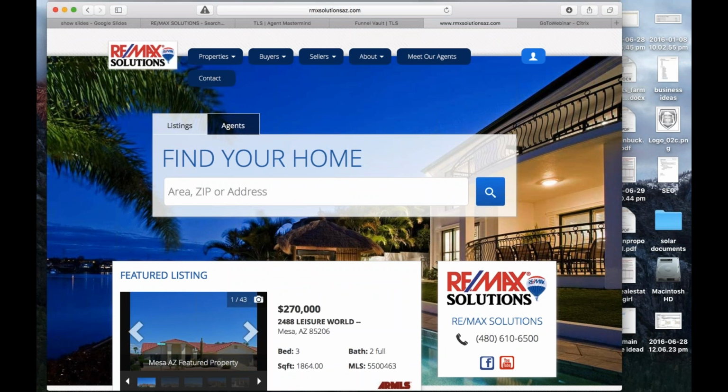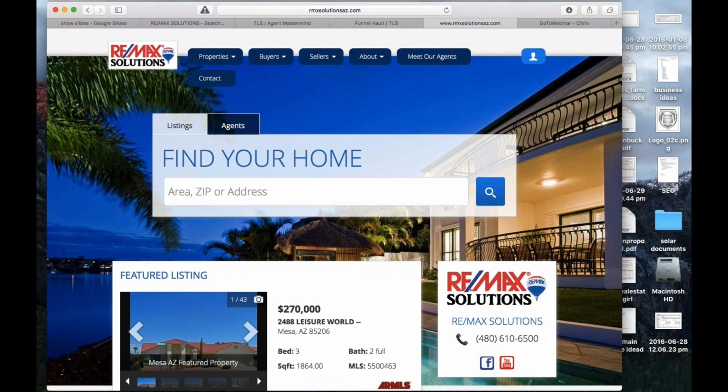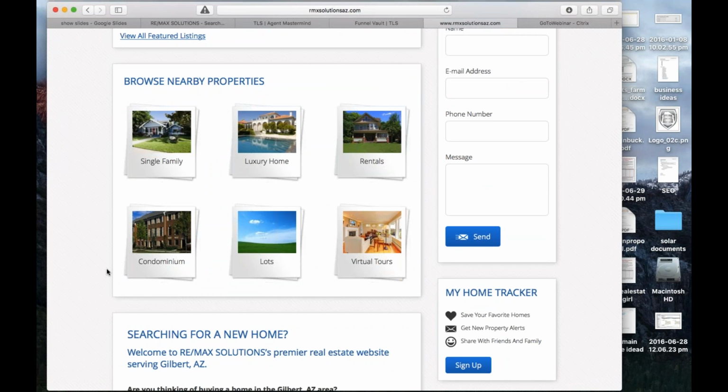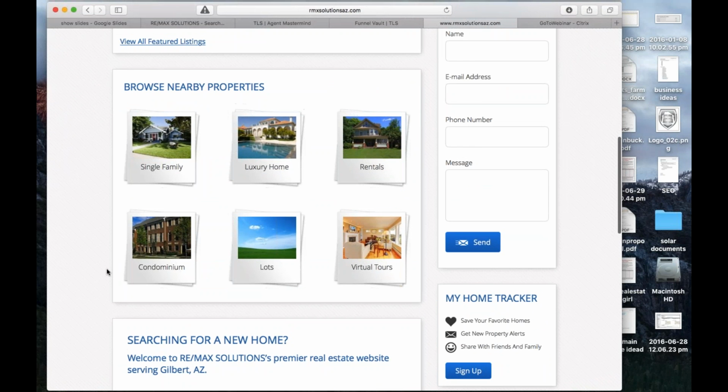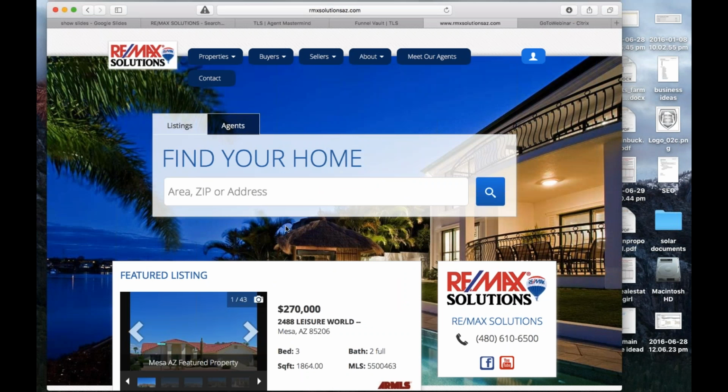It's a page that someone might go to. It's like a catalog, right? It's going to have the MLS system on here. Maybe you're going to have an ad that says, what's your home worth, or something like that, and that's your way of drawing people's attention. You're getting them in. But it's a very big, broad website. It takes someone to actually sit down and scroll through, and to be honest, at the end of the day, there's a couple problems with this.